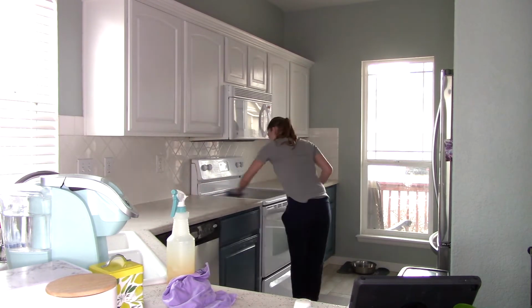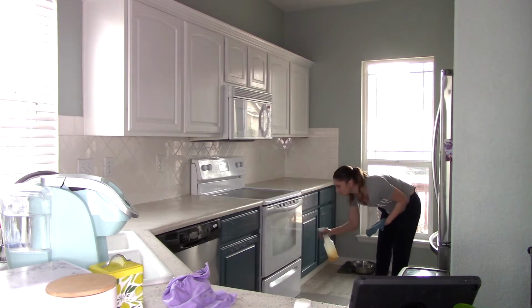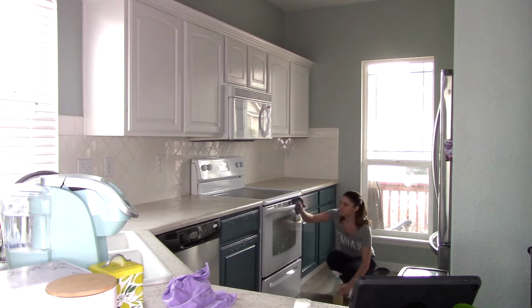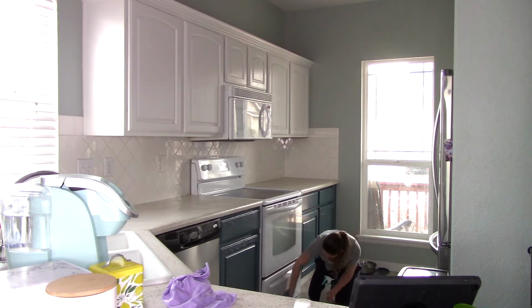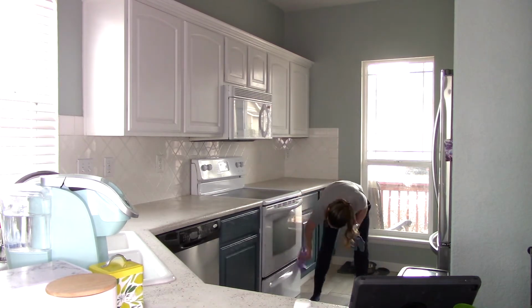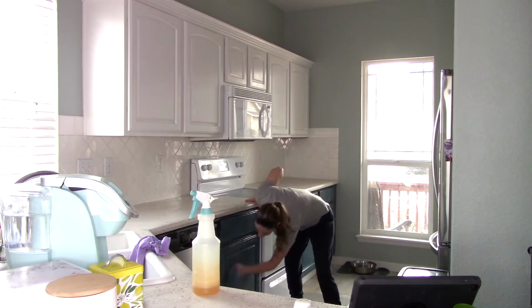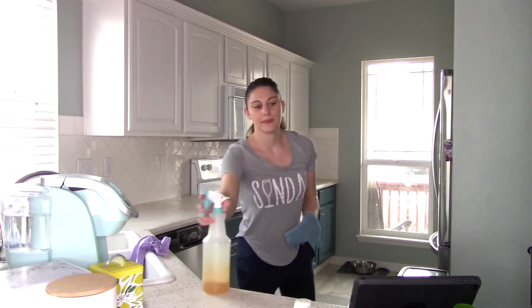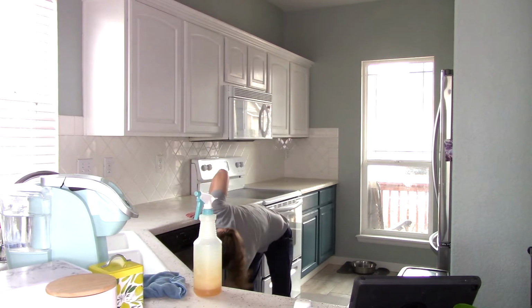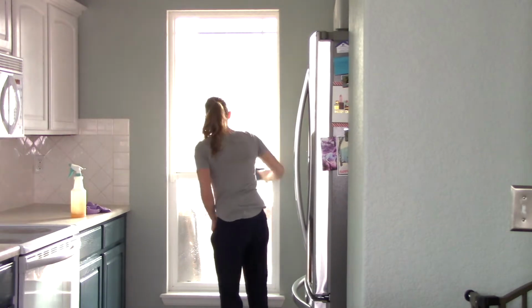And then I just use the same all-purpose cleaner on my cabinets and my counters, just to wipe them down really good and make sure I got everything off, just using a damp cloth, and also doing my bottom cabinets. I try to clean from top to bottom as best as I can if I'm really thinking about it, but sometimes I just see stuff and I just get it, and then I'm not technically cleaning from top to bottom, so I do my best. And then moving on to this window,